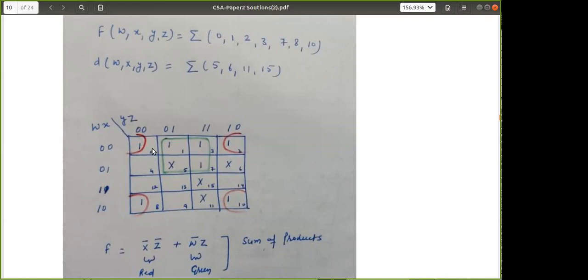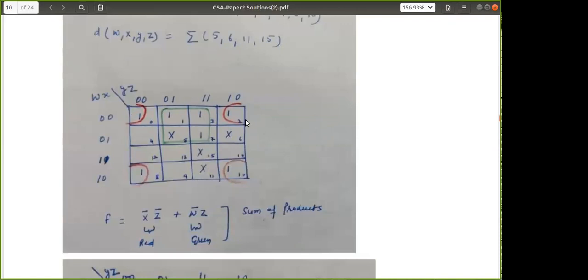If you move towards the right in the row, that is 0 0 and then 0 1, so that is 1. I have written the corresponding binary value in the corner. So that is 0, that is 1, that is 2, and here it is 3. You have to remember 0, 1, and then 3, and then 2. Why is it 3? Because 0 0 1 1 is 3, and 0 0 1 0 is 2. Similarly, you can write 4, 5, 6, and 7, 12, 13, 14, 15, 8, 9, 11, and 10. So that is very easy.